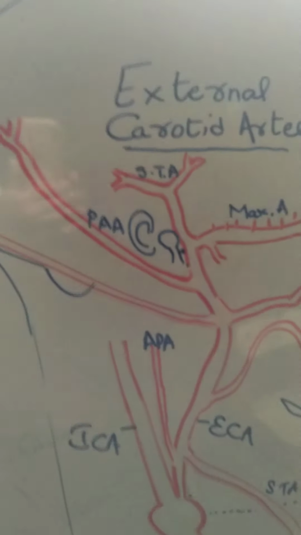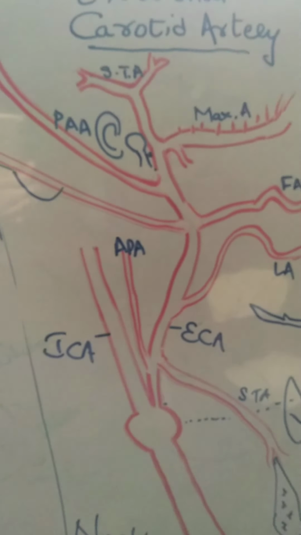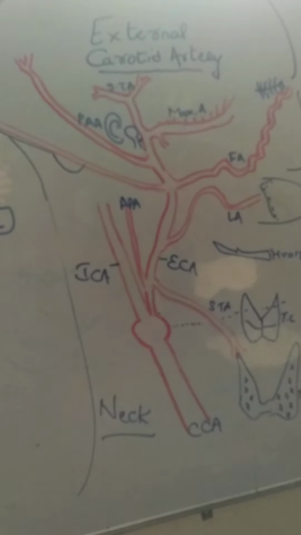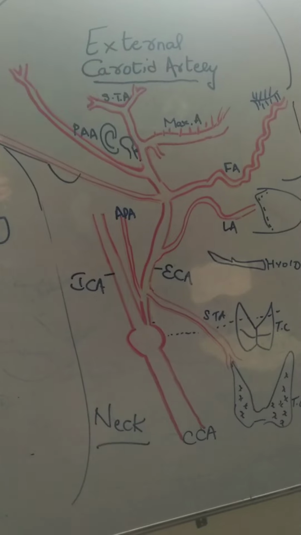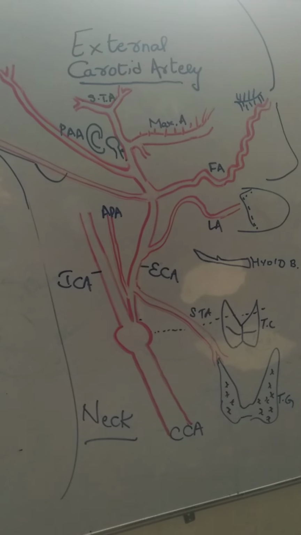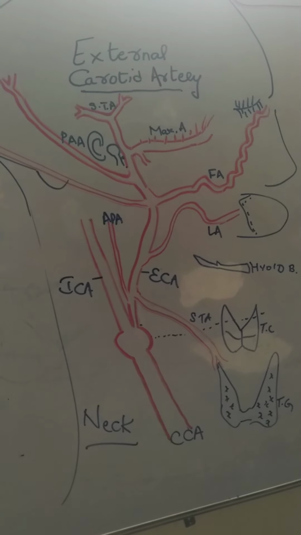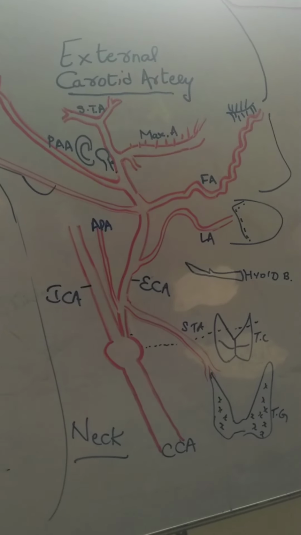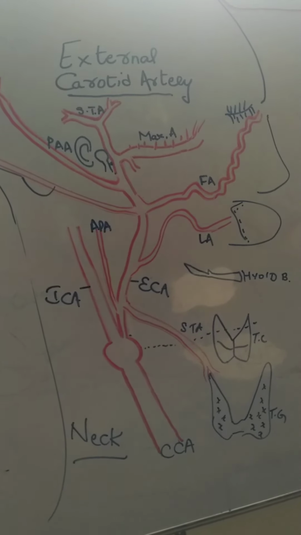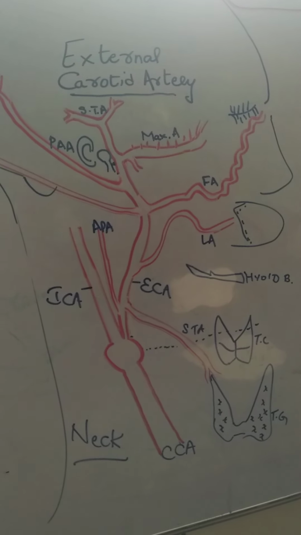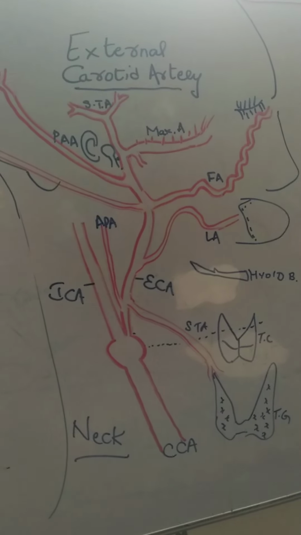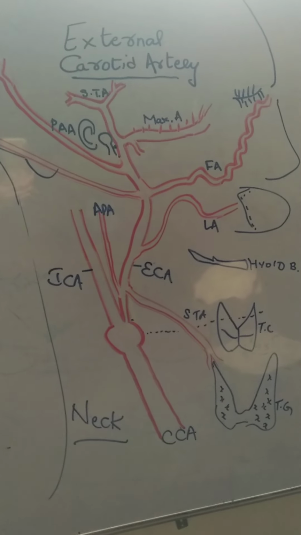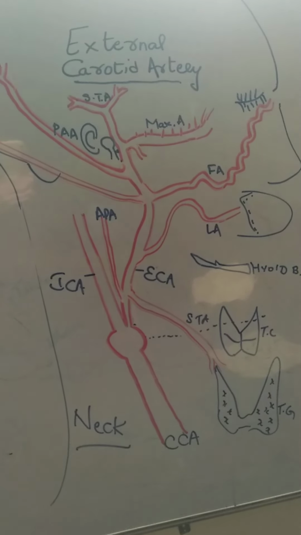So what is this external carotid artery? See, external carotid artery is one of the major arteries supplying the outside of the head and neck. Okay, it is a branch of common carotid artery. After its origin, it will have a slightly tortuous course as it travels upwards towards the neck of the mandible, where it terminates into maxillary artery and superficial temporal artery.